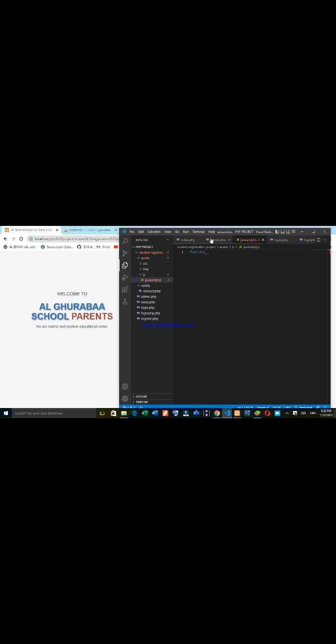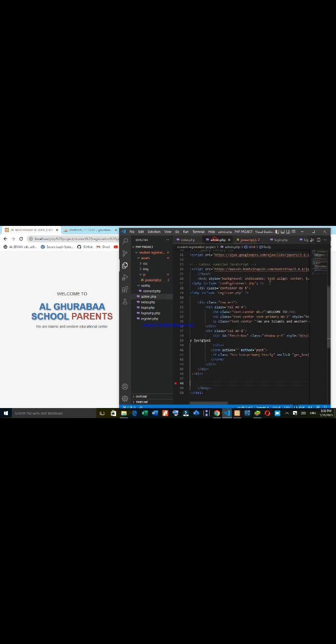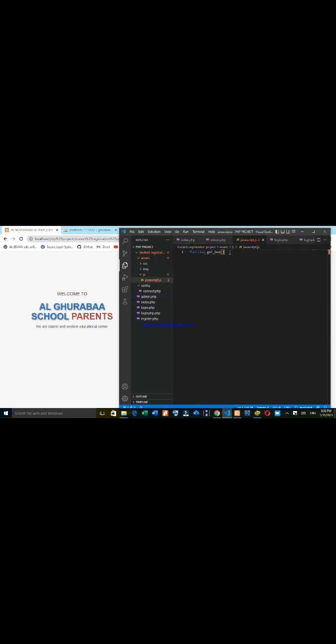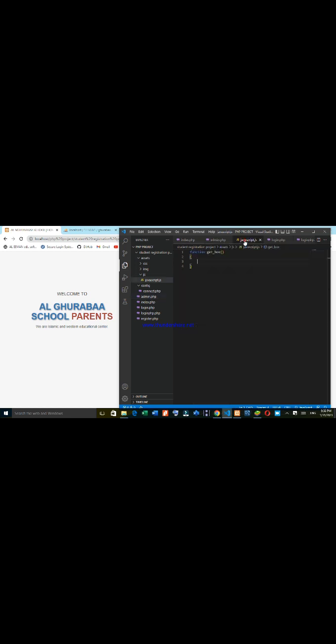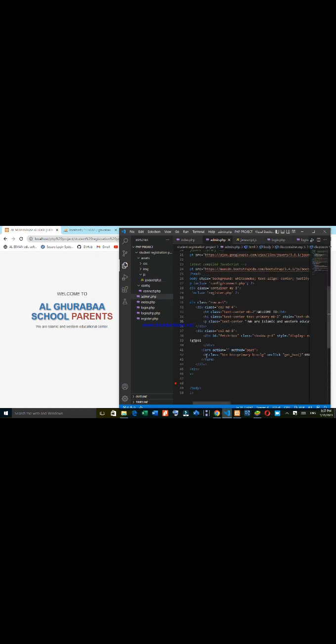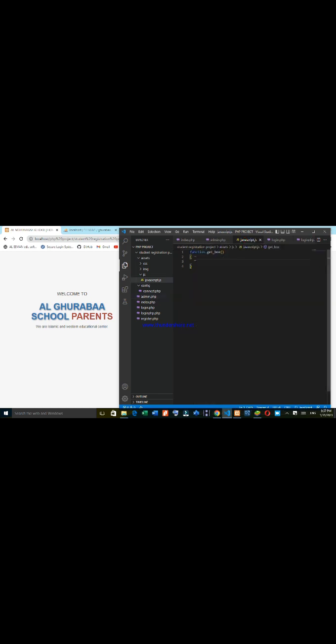Where am I working? Admin. So the function here is get box. I'm going to put it here, and then after it comes this. The logic here is that when you click on this button that has this function get box, this button has this onclick get box. When you click on it, what do you want to do? This is what you want to do, because inside this curly brace comes the block of code that you want